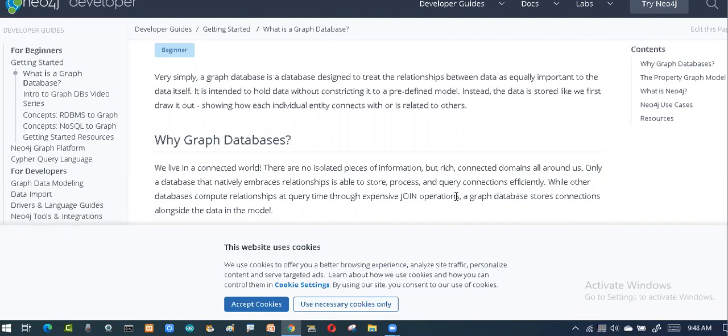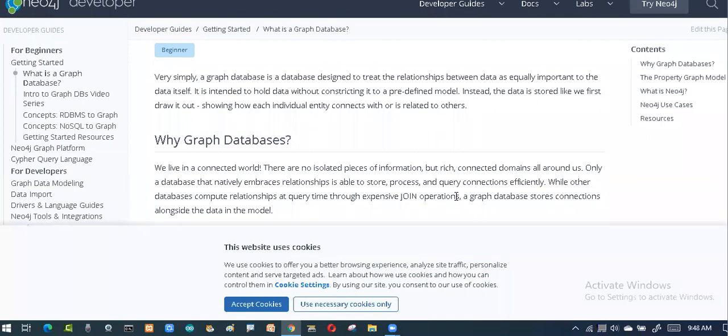So I'll be trying to merge all this and display it. How is it possible? With the help of the join operation. We have concepts called inner join, outer join, and full join. With the help of those joins, we are going to combine all the tables into a single table.